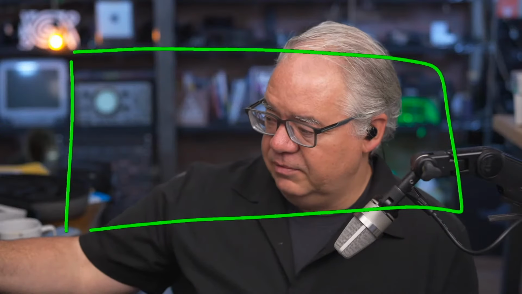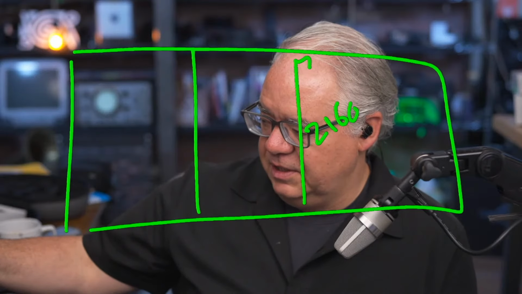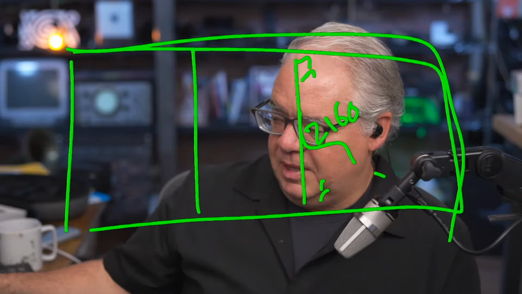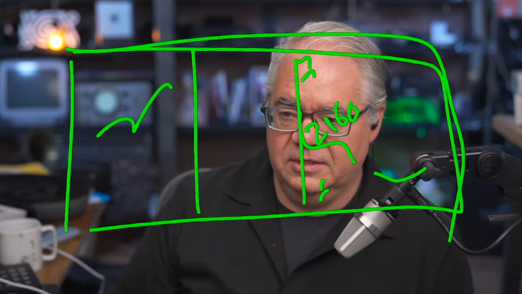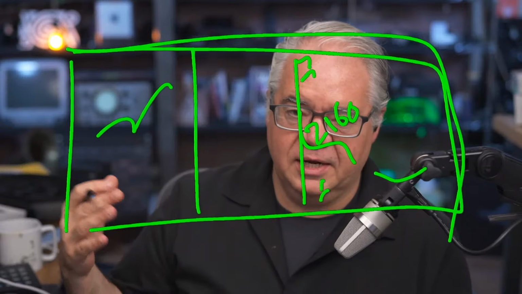Now, the problem is that the phone will give you a signal that depends on the signal that's coming out. I haven't tried this with a 4K output, so I don't know what the phone will do if you're sending to a 4K screen, because if you have a 4K iPad, theoretically the iPhone is going to come in the center and it's going to be 2160 high, which would be more than the 1080 that you might need. But you're going to end up with this big frame with all this black on it if you're doing vertical. So what you're going to need is usually some software that's going to manage that against the LED wall.